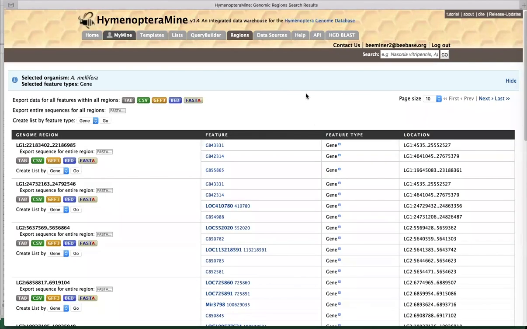And so this search went really fast because I had already done that and it was cached. But it might take up to 30 seconds. It's pretty fast in HymenopteraMine because the genomes aren't huge. So what you'll find in this is sort of an intermediate result page where it will give you results